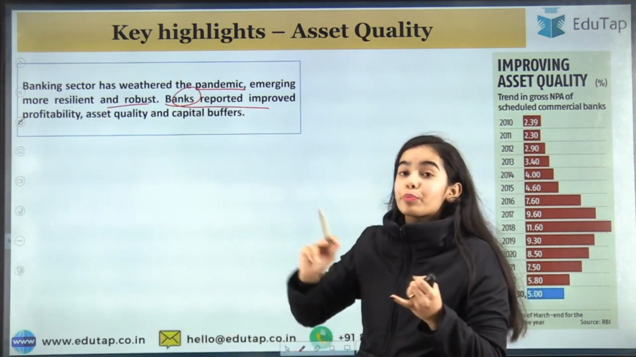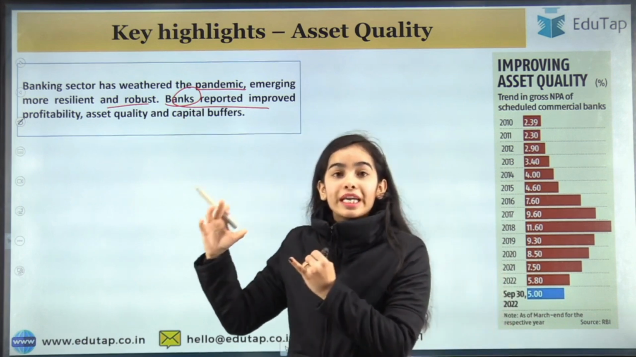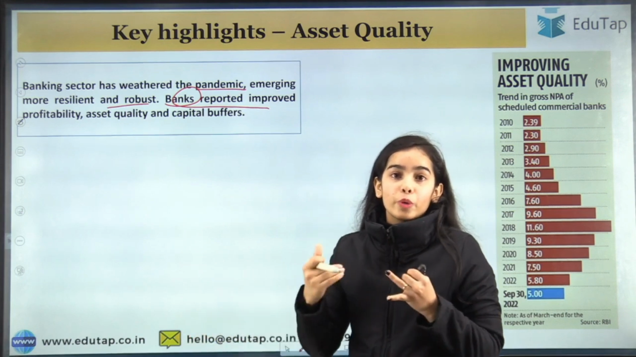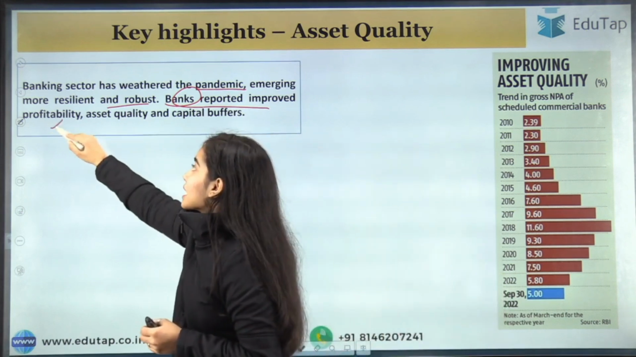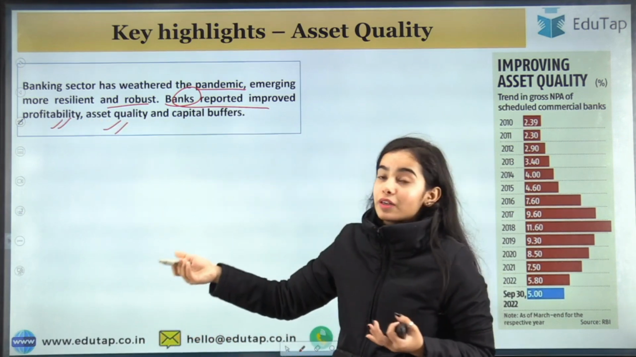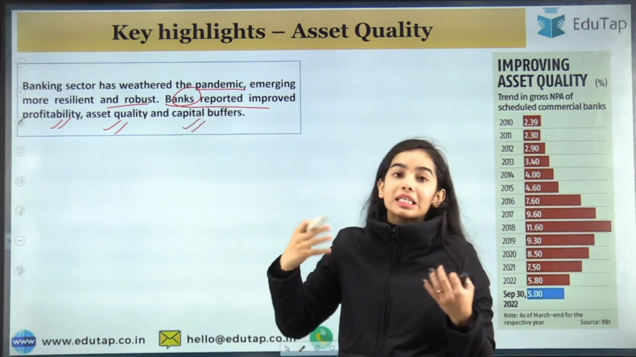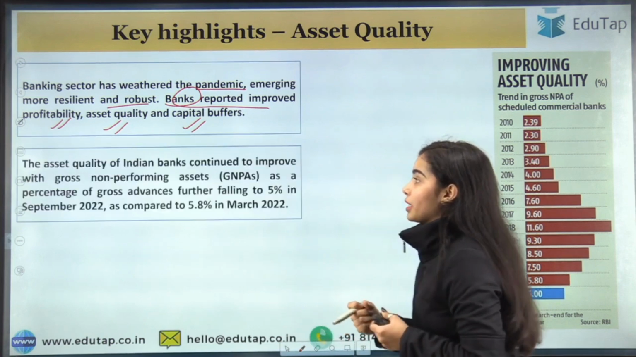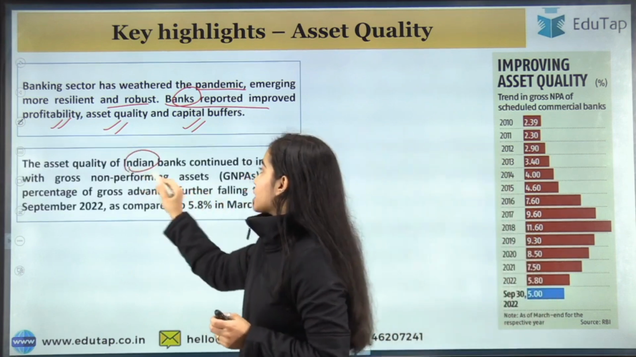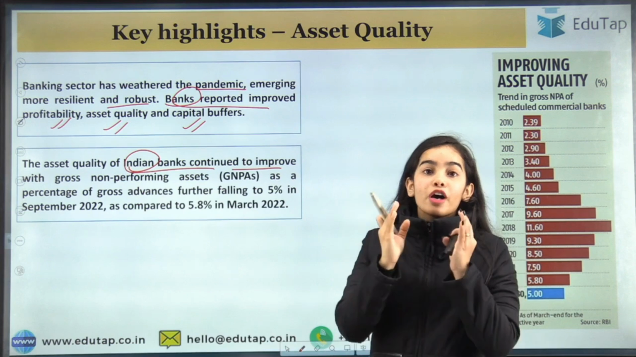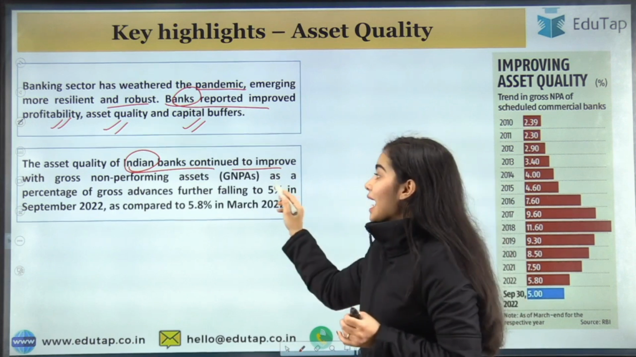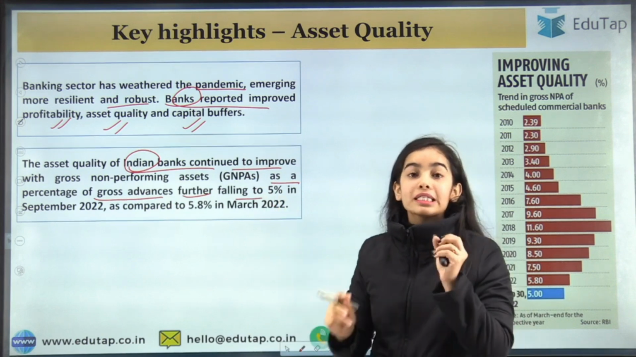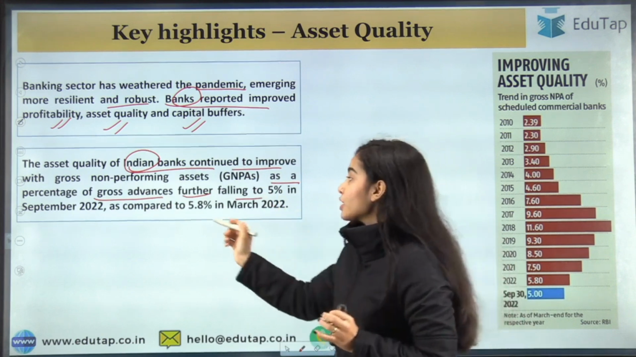The banks have reported improved profitability because the interest income is getting higher and the interest expenditure is going lower. So the profitability has increased, the asset quality has improved, that we will see, and the capital buffers, we can see how improved they are, how much capital buffers the banks are keeping. So the asset quality of the Indian banks continued to improve, with gross non-performing assets as a percentage of the gross advances further falling to 5% in September 2022 if we compare it with the